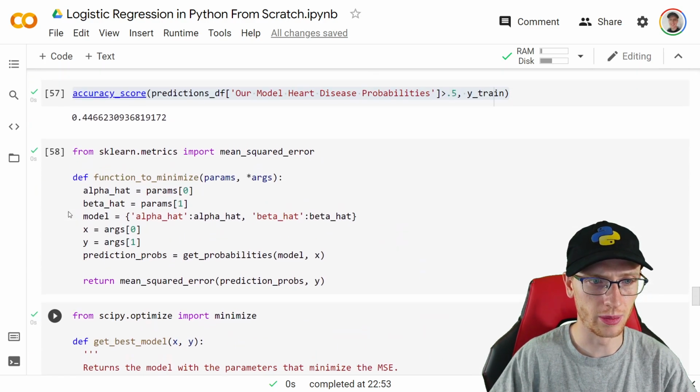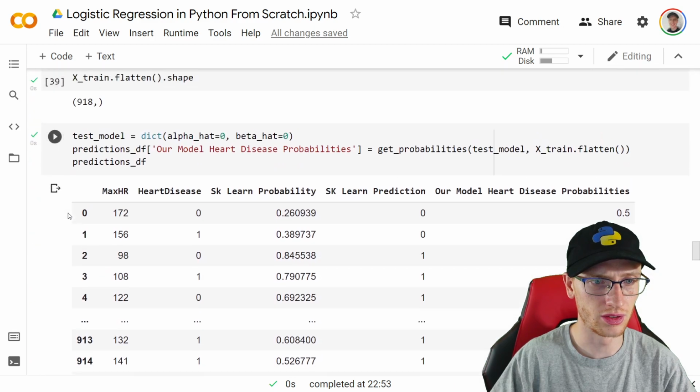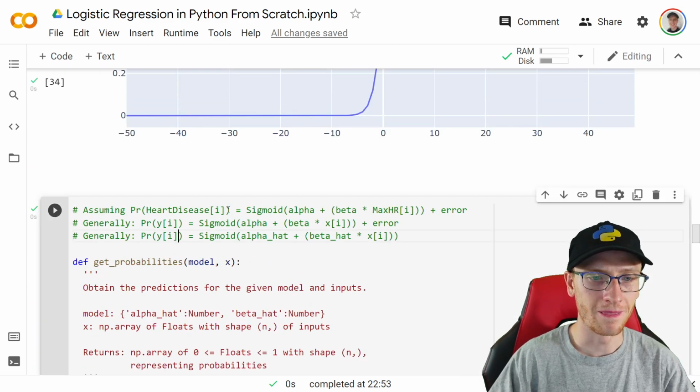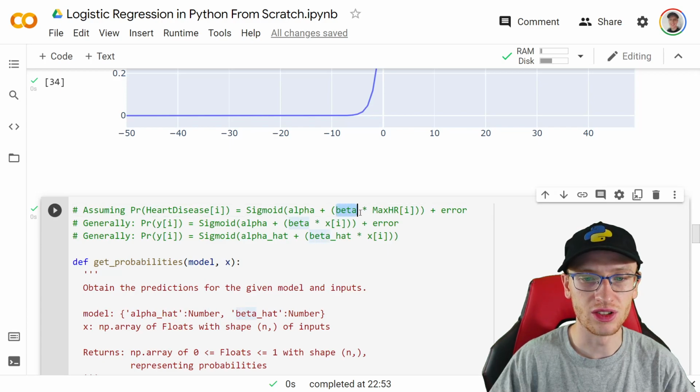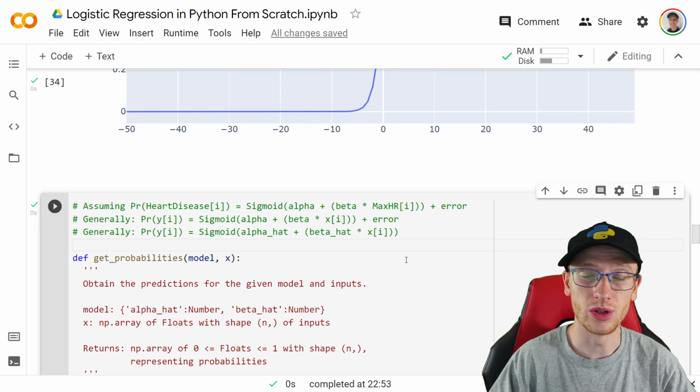If I go back to this comment right here, where we said alpha and beta, I could just extend this idea. Instead of alpha hat plus beta hat times xi, it would be alpha hat plus beta 1 hat times x1 plus beta 2 hat times x2. Keep all that inside the sigmoid function, activate sigmoid after, and that might produce a better model